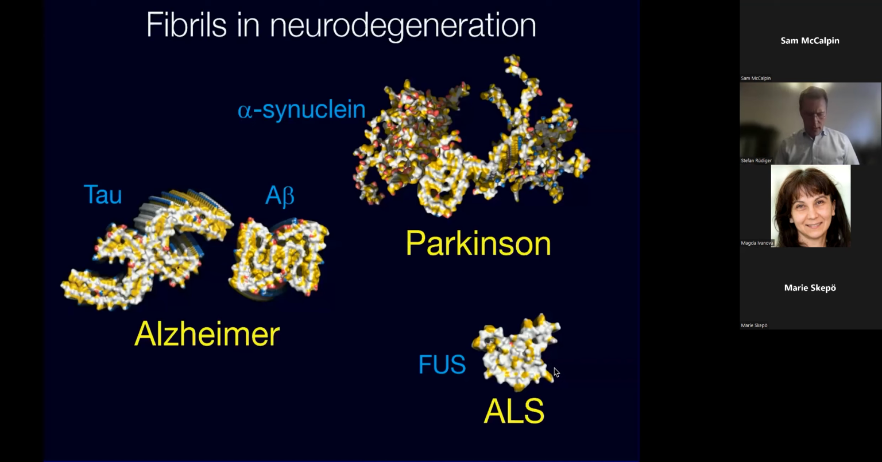Now, one way to look at aggregates: we know by now that all the various aggregates you find in diseases have completely different, well-defined shapes. We know how they look. We can now look at an